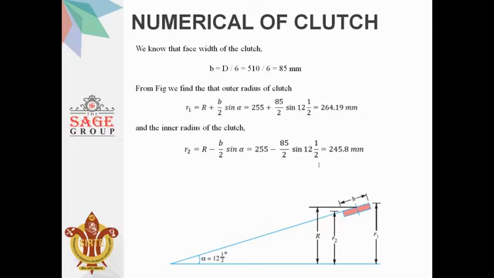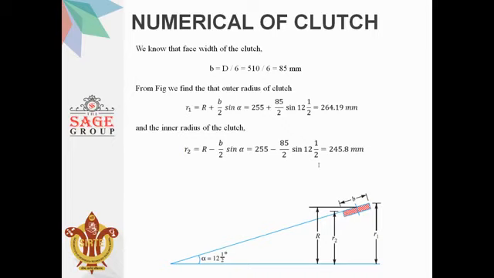So the value of R1 will be equal to 255 plus 85 by 2 sine 12 and a half, which is equal to 264.19 mm. So the value of R1 is 264.19 mm. Similarly, the inner radius of the clutch R2 is equal to R minus b by 2 sine alpha, which is equal to 255 minus 85 by 2 sine 12 and a half degree, which is equal to 245.8